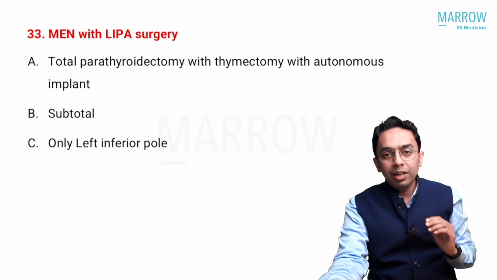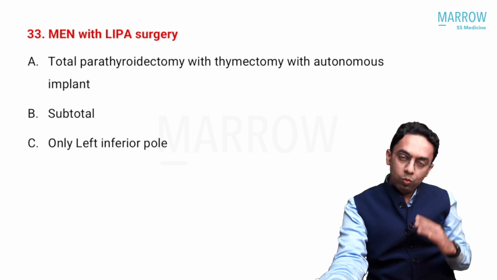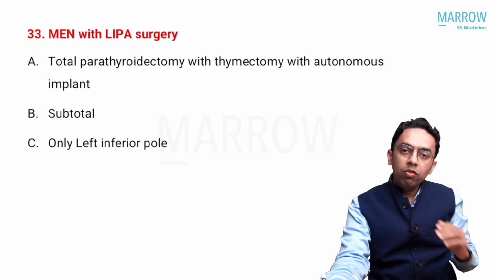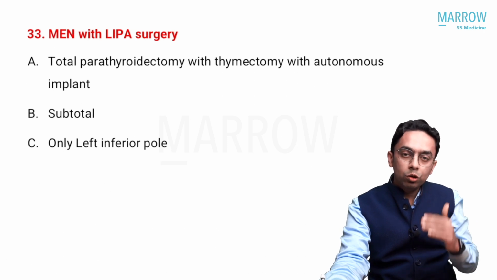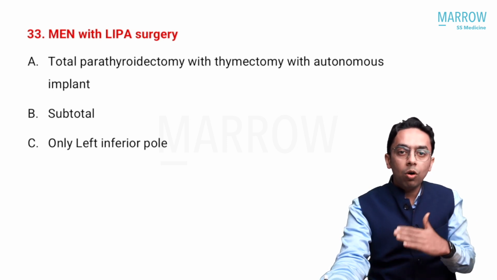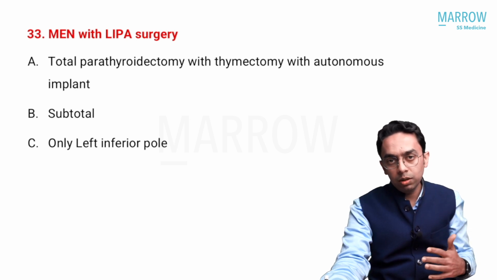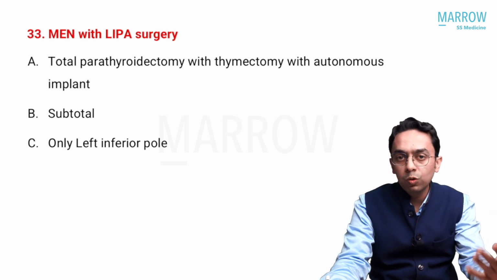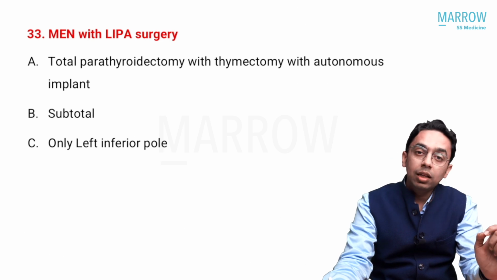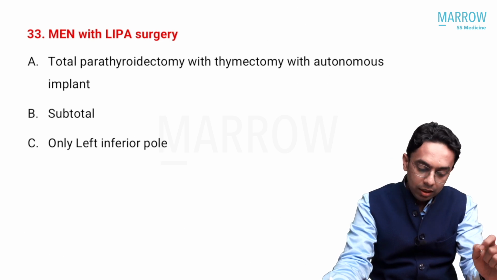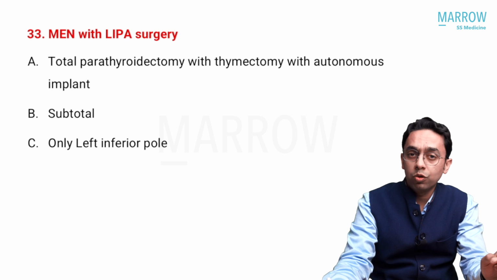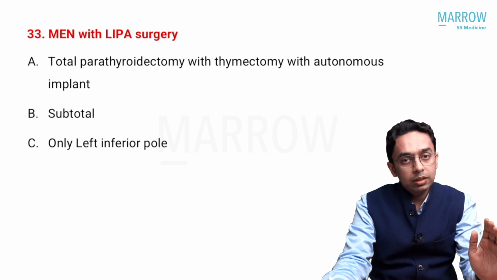Okay, so when you read Harrison, what is the treatment, they have not clearly mentioned what should be done. They've given all the options, and it is usually the institutional procedure, whatever they want to do, they do. Okay, but the guideline clearly indicates that all these patients with MEN syndrome, because there is higher risk of